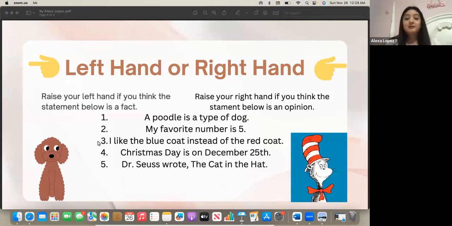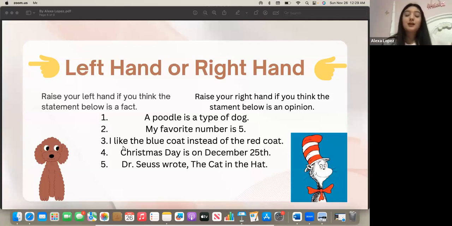Because who knows, that person might like the red coat better than the blue coat. So, great job. It is an opinion, because a person liked the blue coat instead of the red. Okay, so next